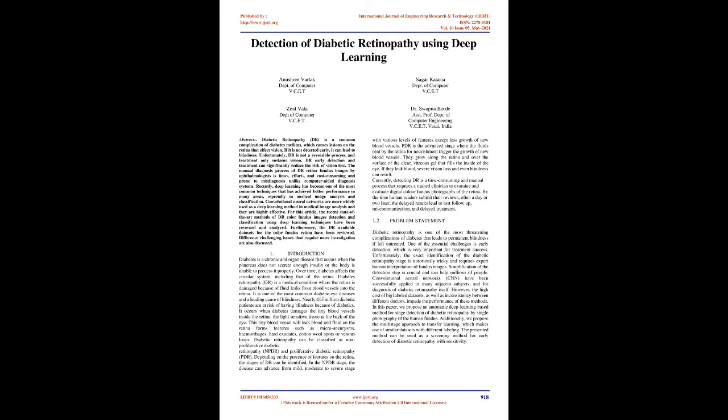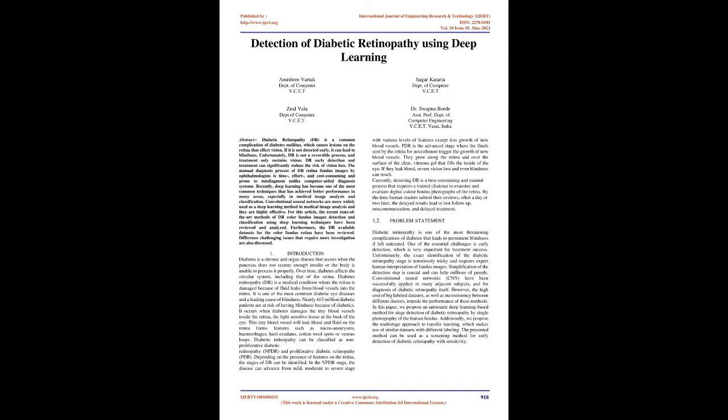Over time, diabetes affects the circulatory system, including that of the retina. Diabetic retinopathy, DR, is a medical condition where the retina is damaged because of fluid leaks from blood vessels into the retina. It is one of the most common diabetic eye diseases and a leading cause of blindness. Nearly 415 million diabetic patients are at risk of having blindness because of diabetes. It occurs when diabetes damages the tiny blood vessels inside the retina, the light-sensitive tissue at the back of the